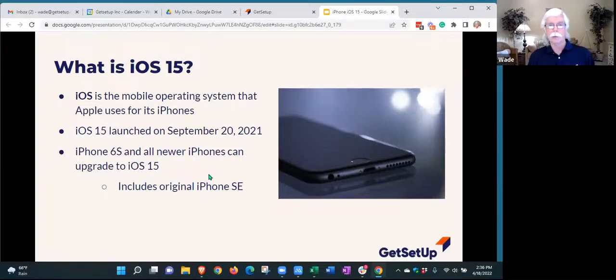is the operating system on your iPhone that makes everything work. iOS 15 was launched back September 20th, so it's been out a long time now. So if you haven't upgraded, I would strongly urge you to go ahead and upgrade. It is certainly stable. I haven't heard of any issues with it, and you're missing out on some real nice